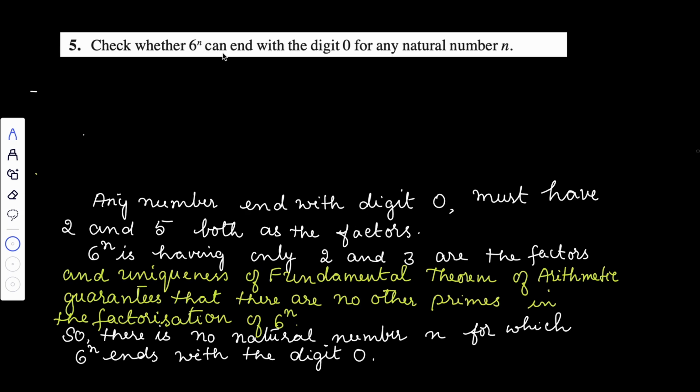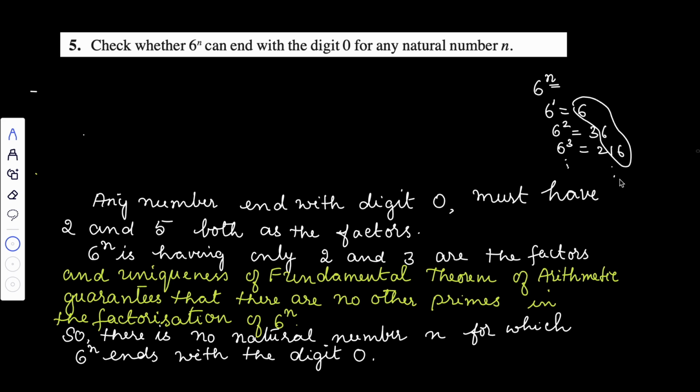Check whether 6 to the power of n can end with the digit 0 for any natural number n. First of all, I want to explain to you the meaning of the question. 6 to the power of n, they are saying n is a natural number. You know that natural numbers are 1, 2, 3, 4, and so on. So 6 to the power of 1 is 6, 6 to the power of 2 is 36, 6 to the power of 3 is 216. Like this it continues. Now they are asking, is there any chance the last digit will